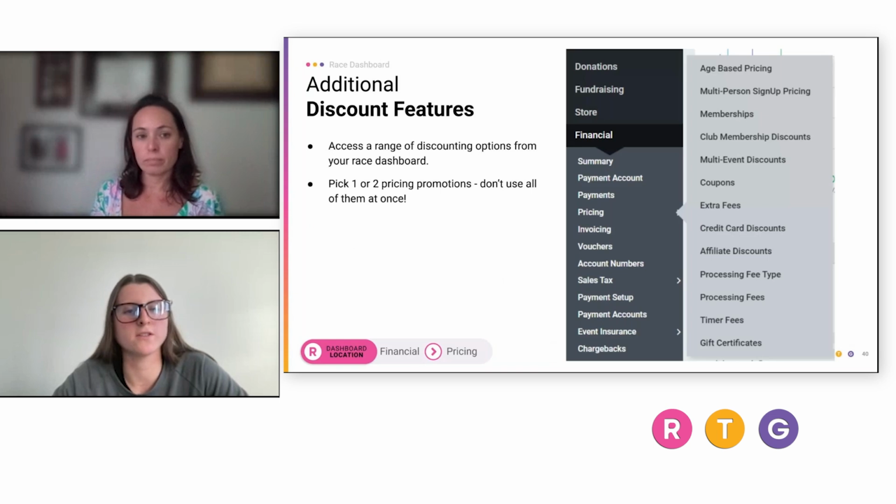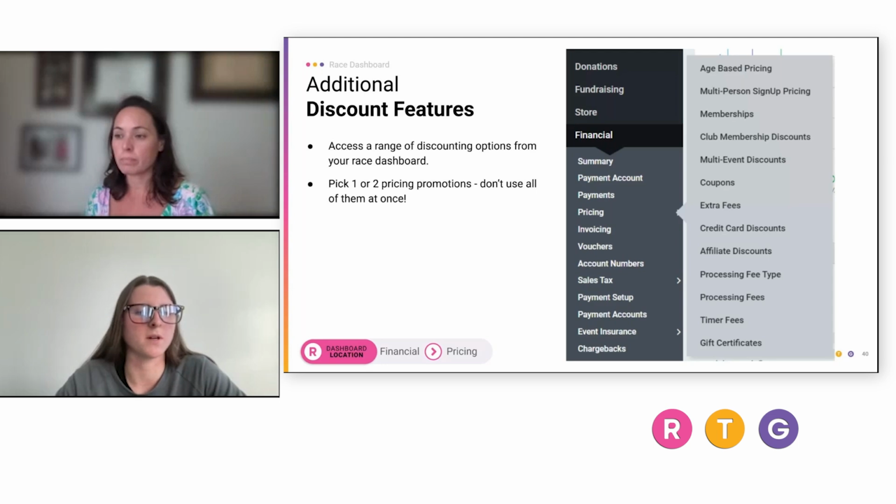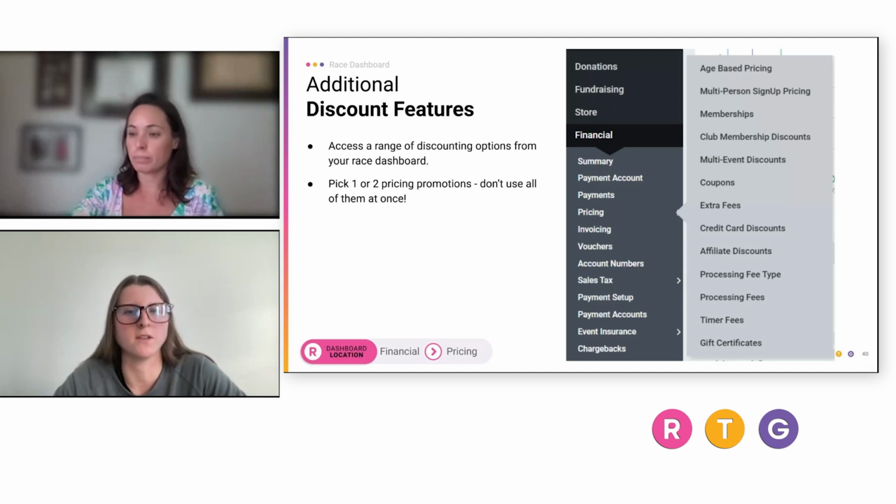And then there's a ton of other discount features that are available. If you go to financial and then pricing in your dashboard, you'll see a list of these, and you can click through. We won't dig too deep into them, but there's different options for setting up family based pricing with multi-person sign-up pricing, age-based pricing. If you have different membership options, you can set up custom memberships. We have multi-event discounts. I mentioned coupons, and there's a number of other discount options that you can explore for